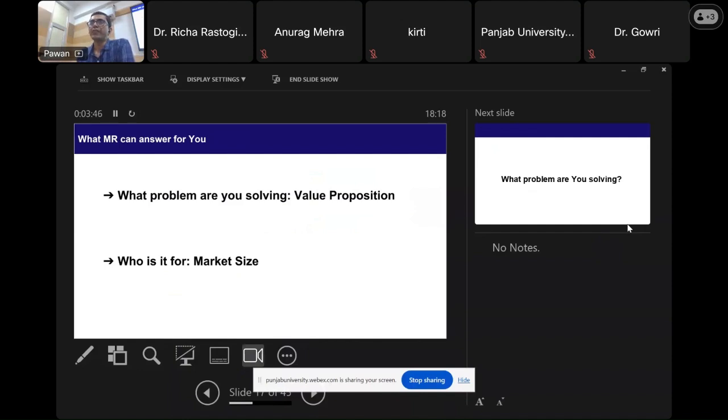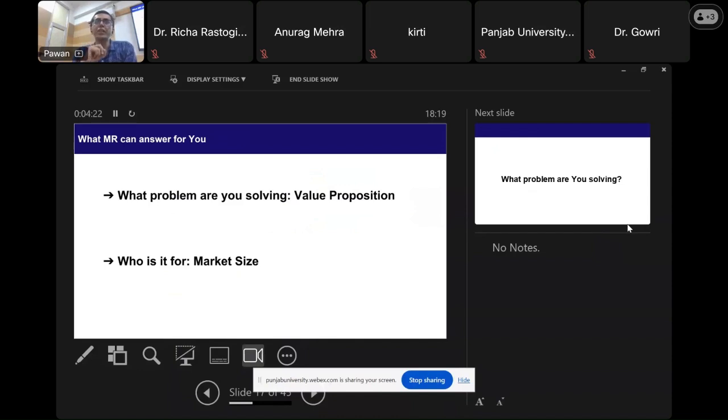Say if it is a pain relief chemical, will you sell it in the form of a tablet, or will you make a gel out of it? Will you make a spray out of it? What kind of product will it be? What kind of packaging will it have? So you have to slowly, step by step, keep defining it in the form of a thing which you will eventually put on the shelf of a shopkeeper. So from that chemical to something which you will pick up from the shelf, you have to define that in your journey. So that's kind of defining the value proposition.